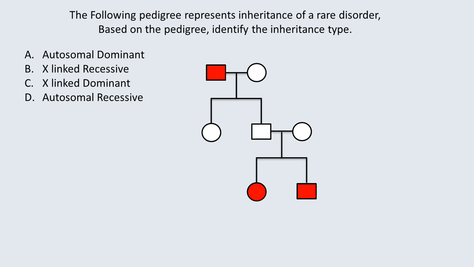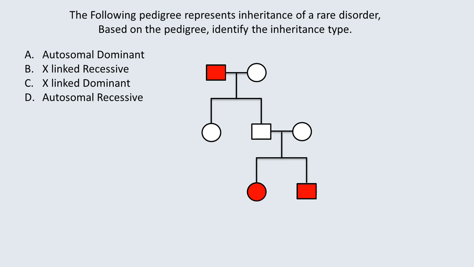So clearly, it indicates that some pattern is being followed. What is the approach that we have to follow over here? The first approach is always to look whether there is a skipping of generation or not, right? We discussed this idea in the previous video, and based on that, you can see that the first generation members are affected, but the second generation members are completely healthy, that is, they are not showing the trait, but the third generation individuals are showing it, which means that there is a skipping of generation. Clearly, this is going to be either autosomal recessive or X-linked recessive, because only these two patterns of inheritance show the skipping of generation, right?